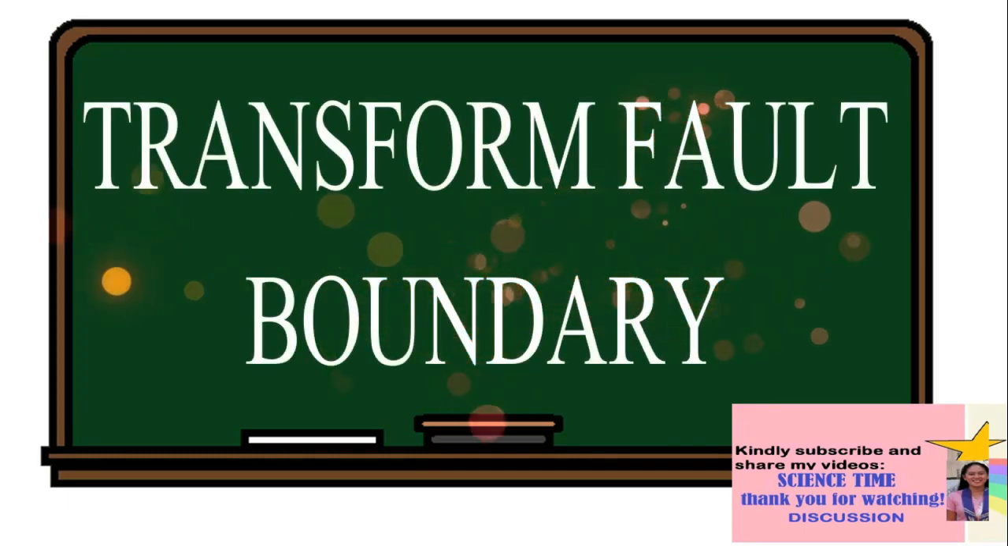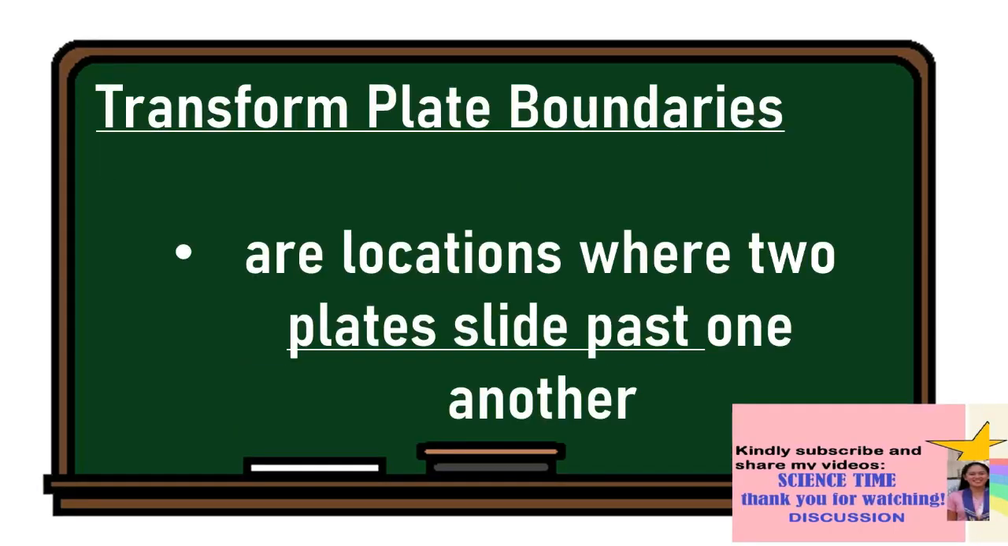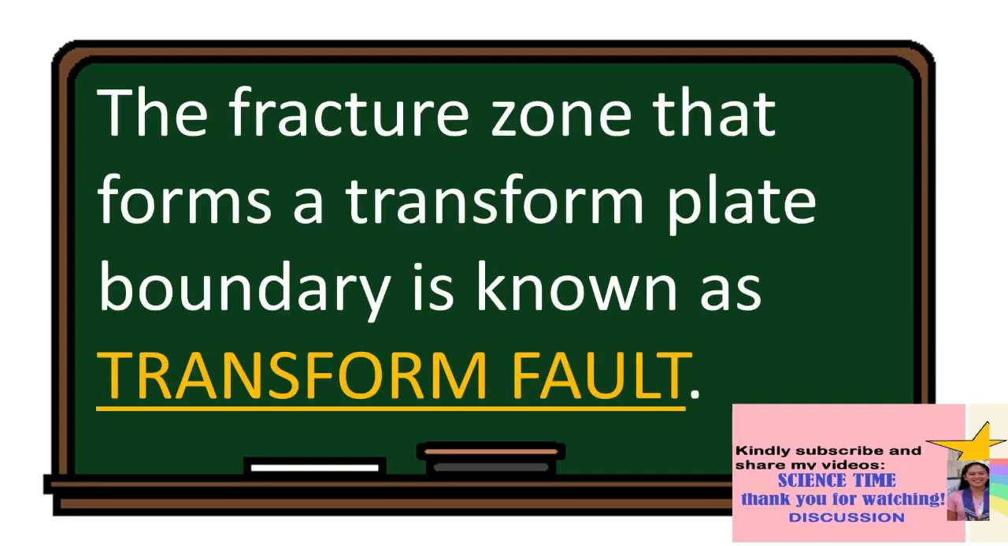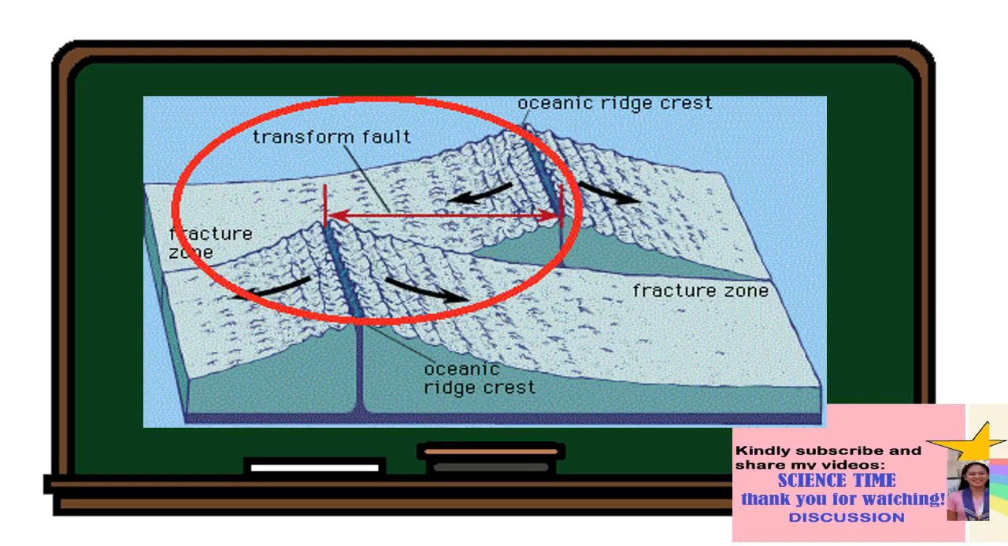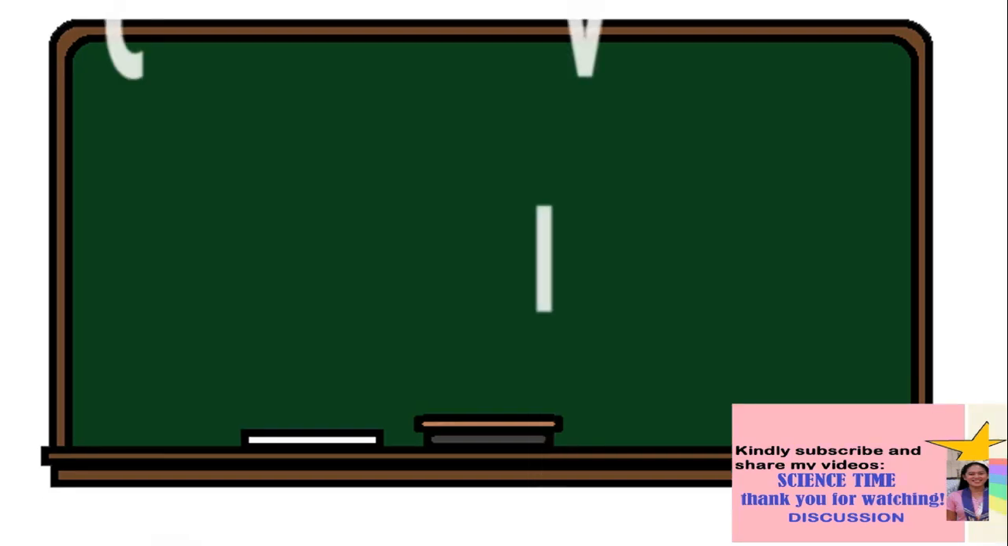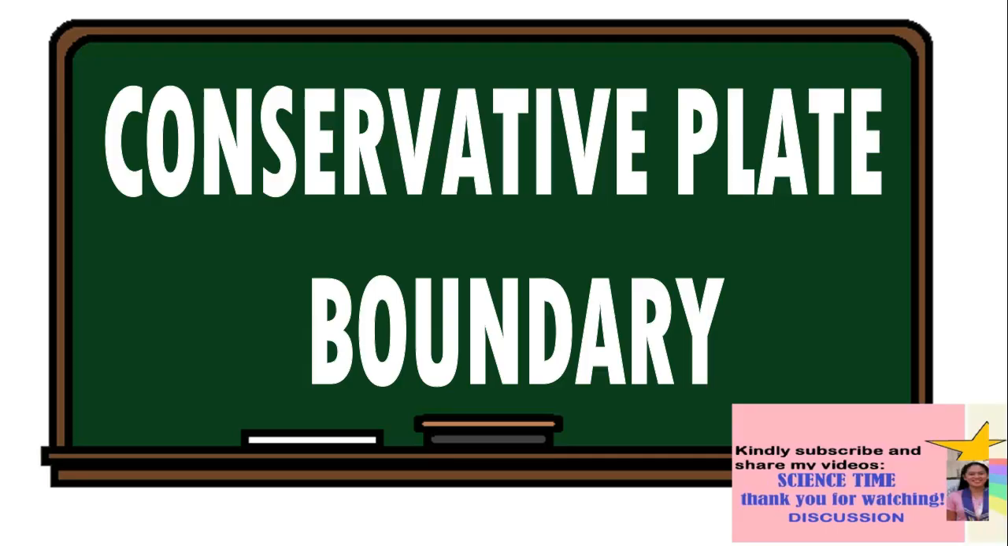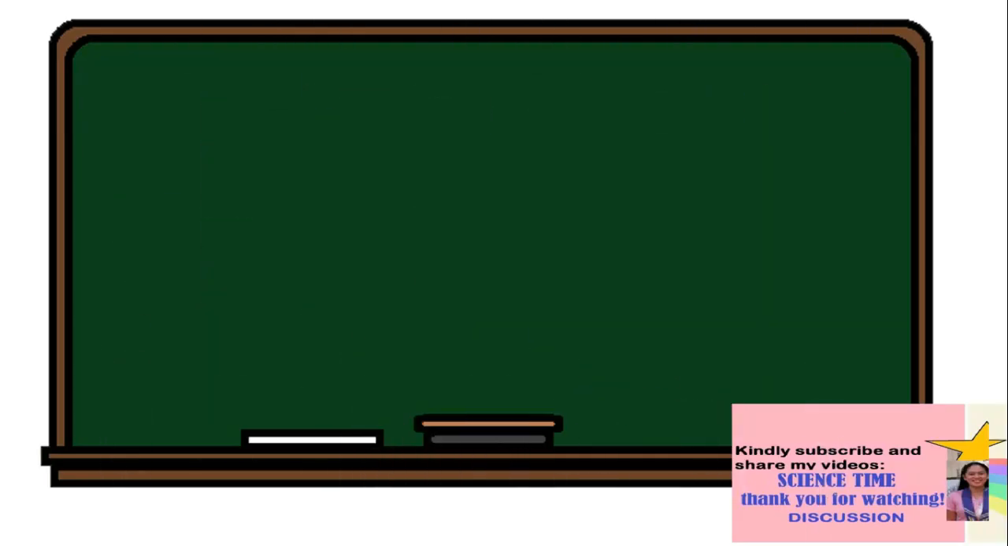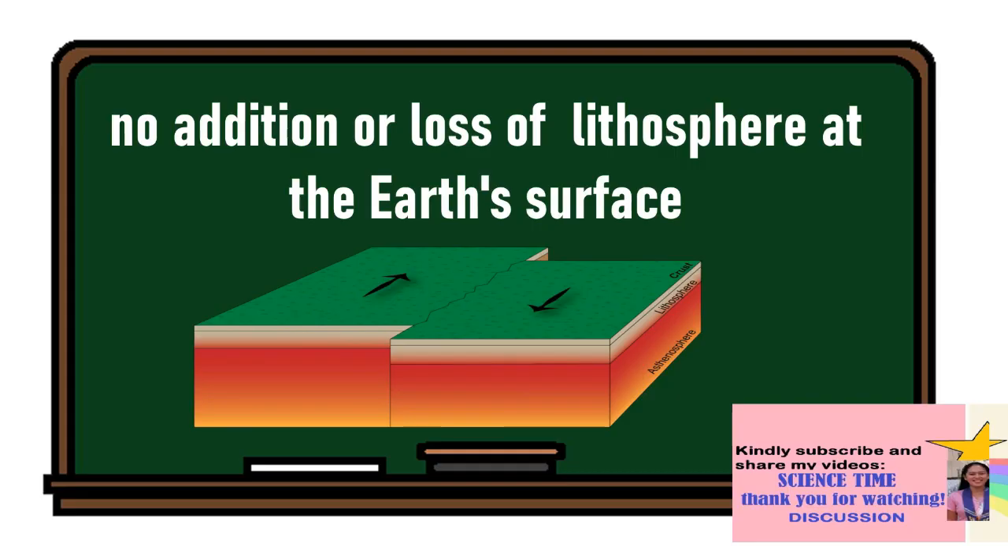Transform fault boundary. Transform plate boundaries are locations where two plates slide past one another. The fracture zone that forms a transform plate boundary is known as a transform fault. Most transform faults are found in the ocean basin and connect offsets in the mid-ocean ridges. A smaller number connect mid-ocean ridges and subduction zones. Transform fault boundaries are also known as conservative plate boundaries because they involve no addition or loss of lithosphere at